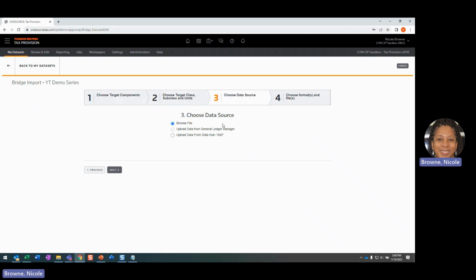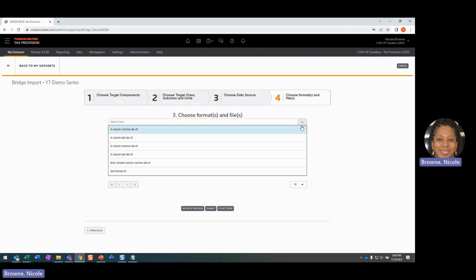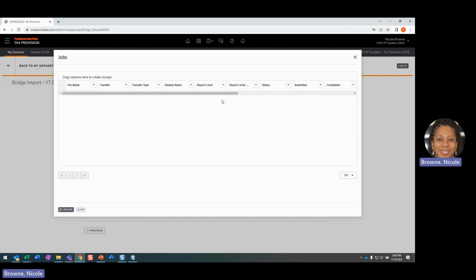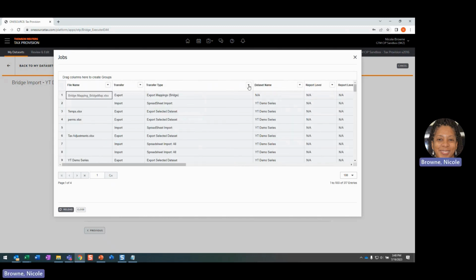Select next, and then browse for your file. And then this is where you're going to select the type of file format it is, whether it is comma delimited or tab, if it's 4-column or 6-column. Once you select that, you'll drag your file here or browse for your file, and then you click submit. Now, when the file posts, you will come into your jobs area and you can search for